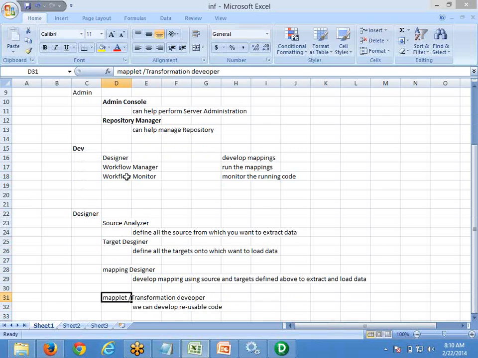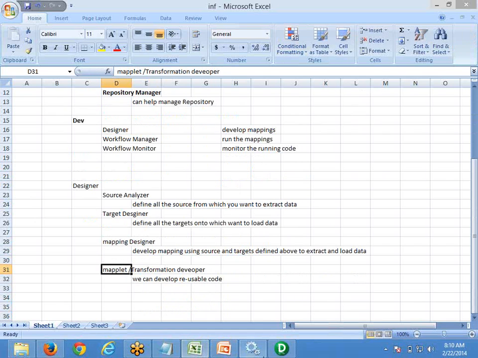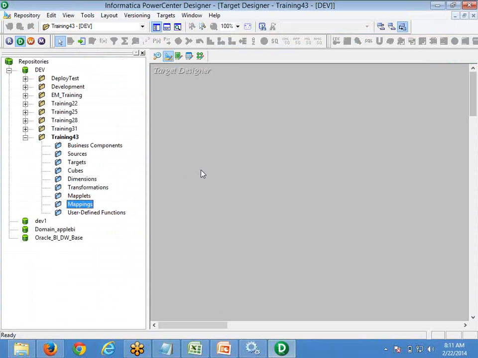There is nothing special in the Mapplet and Transformation Developer. Whatever code you develop, in case you want to make it reusable, then we can develop something called a Mapplet or a Transformation.